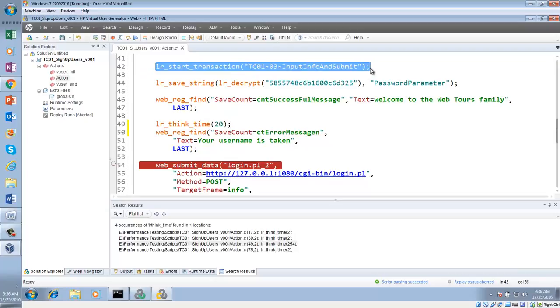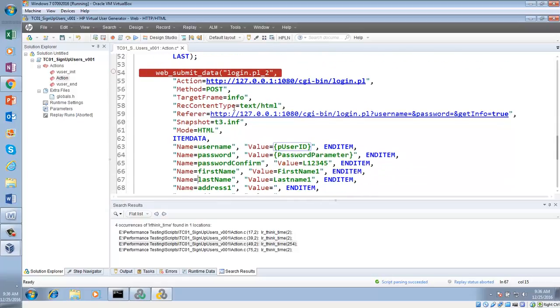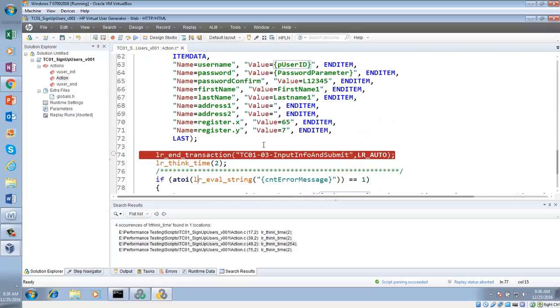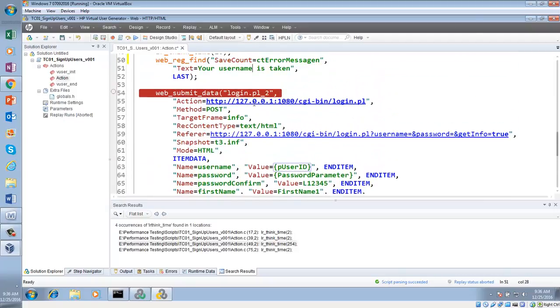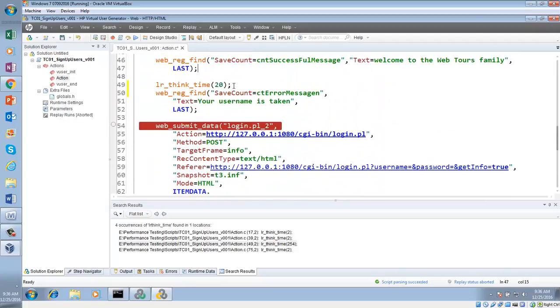I am starting a transaction here, and then I am ending a transaction up here. But inside this transaction, we are submitting data. Besides, we have a think time to see how it affects my execution. Is it understandable?